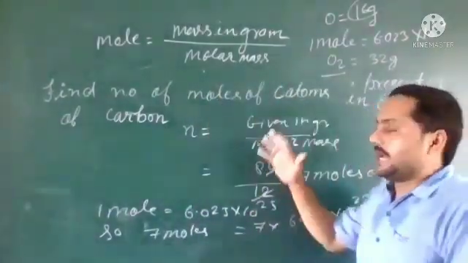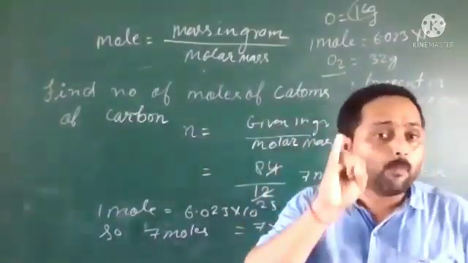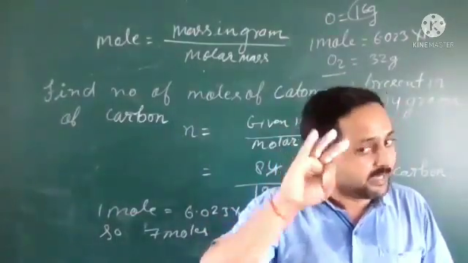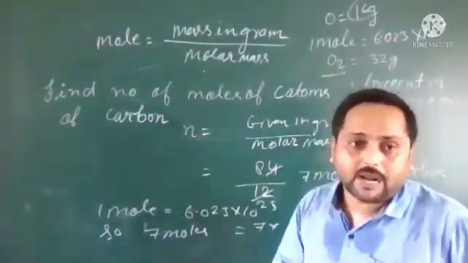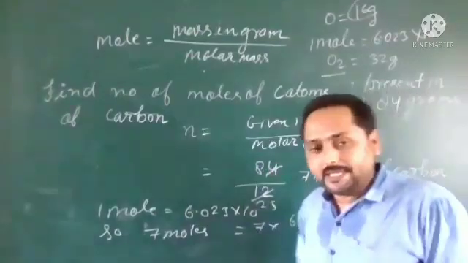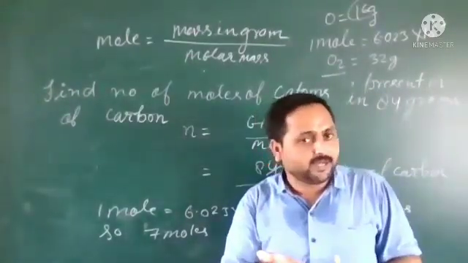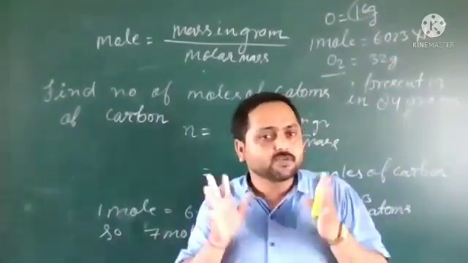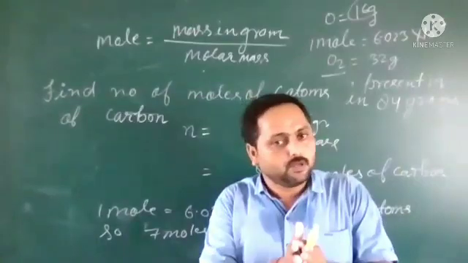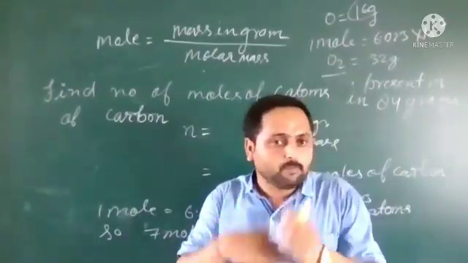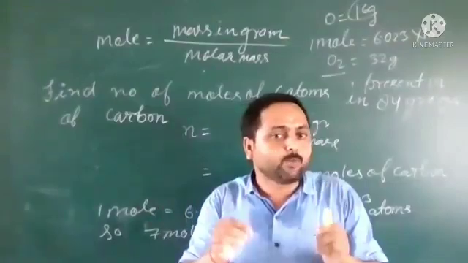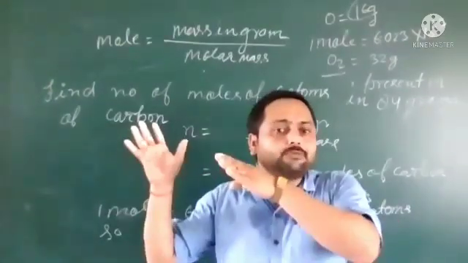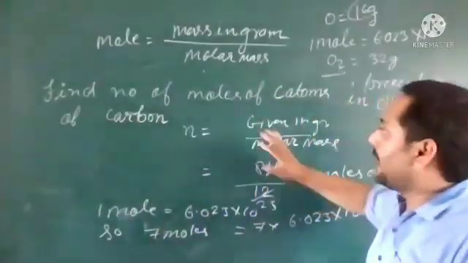So all types of questions we have started. In some questions we calculated number of moles, in some number of molecules, in some number of atoms. The last question asked for number of atoms. In each case, whether number of molecules, atoms or moles is being asked, first we have to calculate number of moles. Then we multiply by 6.023, which changes it into number of molecules or number of atoms. So like that we have done here.